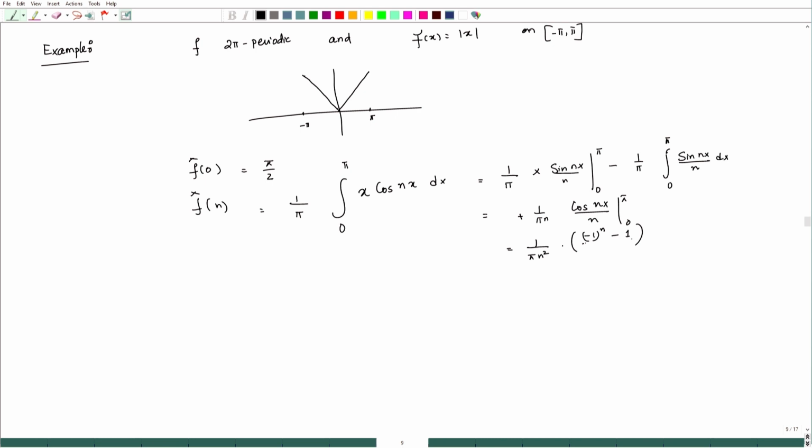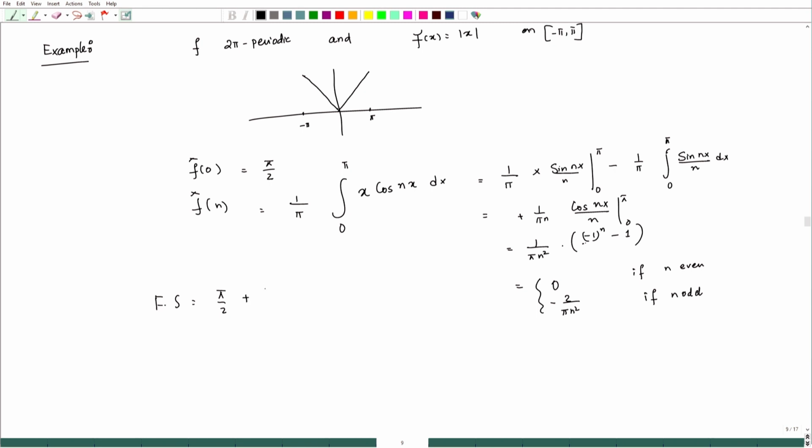There we go. So, if n is even, then this is equal to 0. If n is odd, then this is minus 2 by pi n square. So, therefore, the Fourier series is equal to pi by 2, then plus